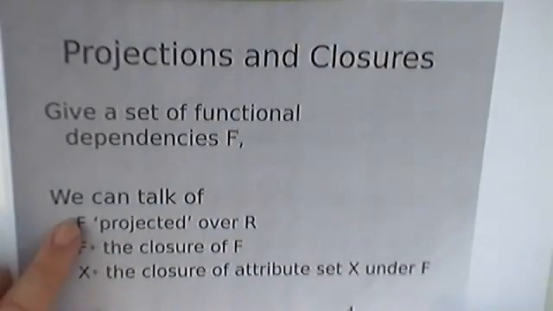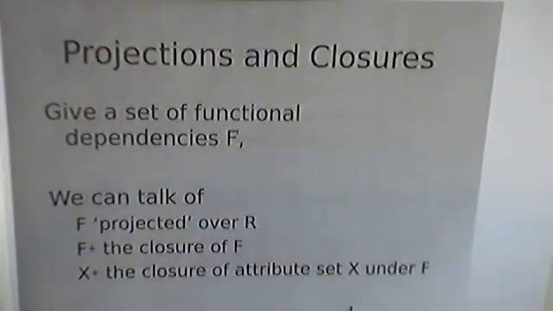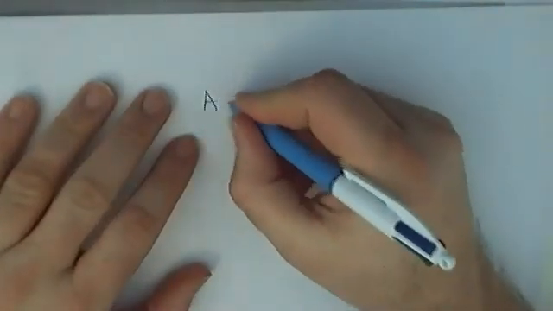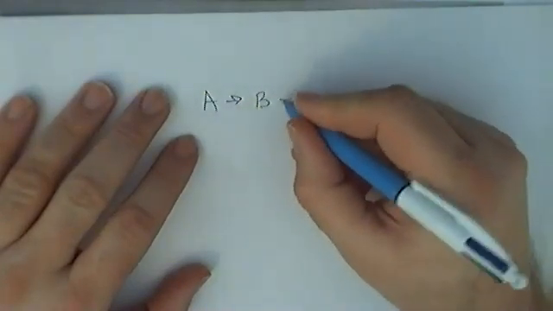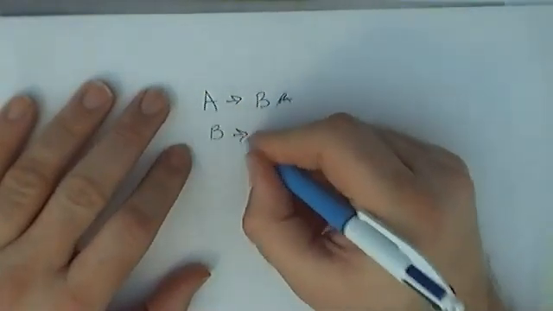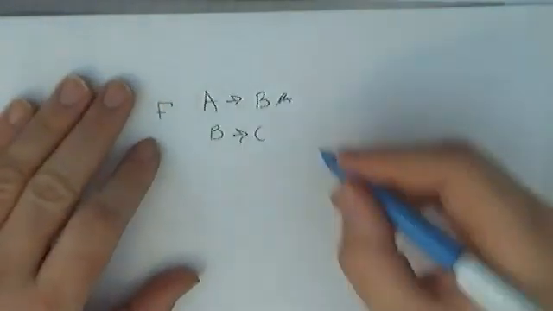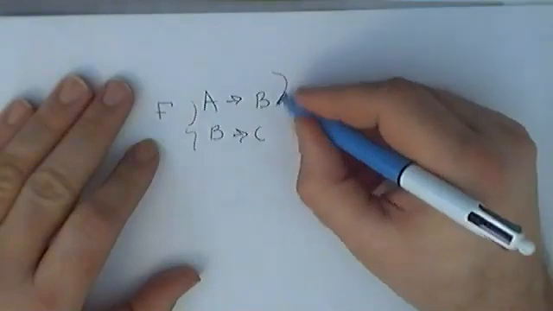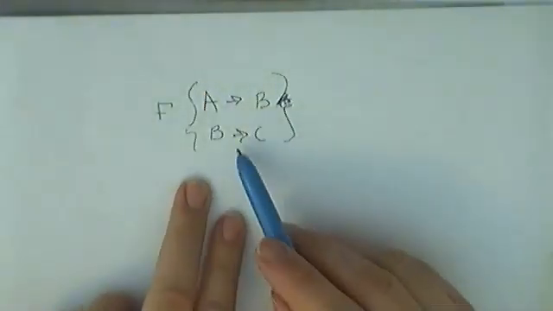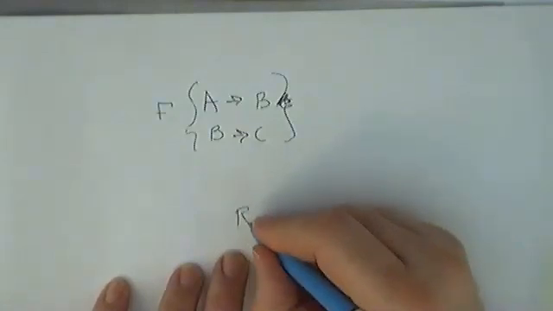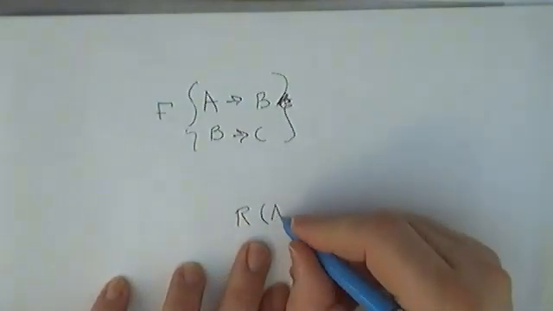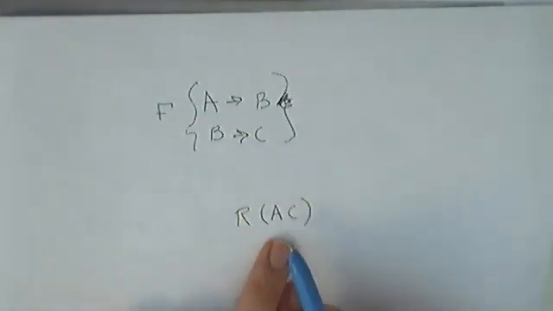There's a key thing here of projecting over R, which I kind of mentioned, but let's give it a more specific treatment. The closure. Let's say I have A goes to B and B goes to C. This is my set of functional dependencies. Now let's say I have a relation R(A, C). My question to people is: